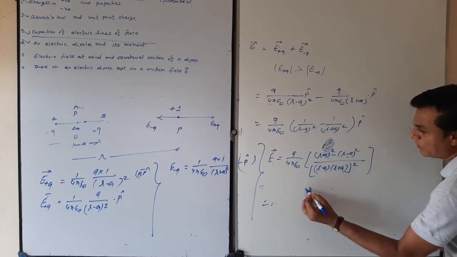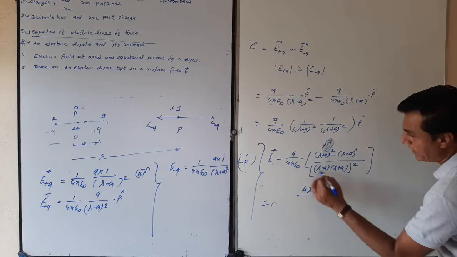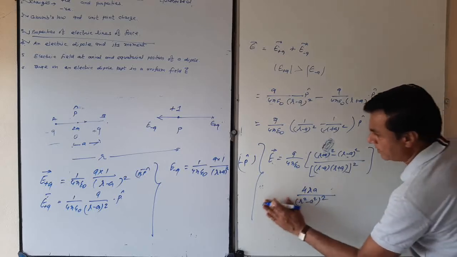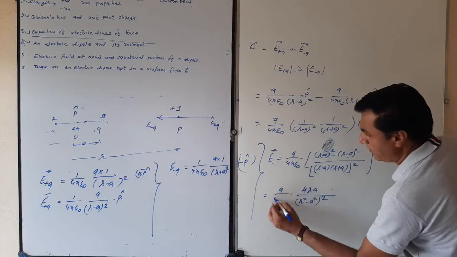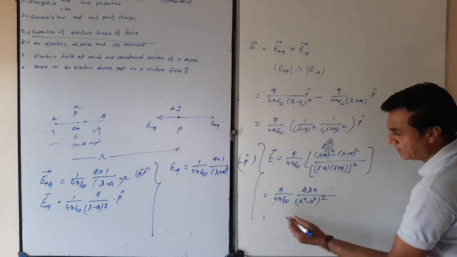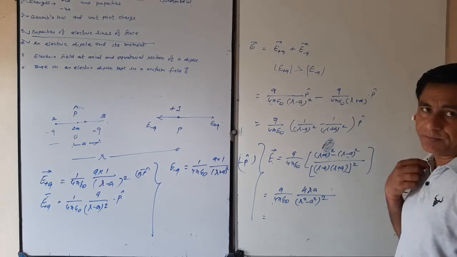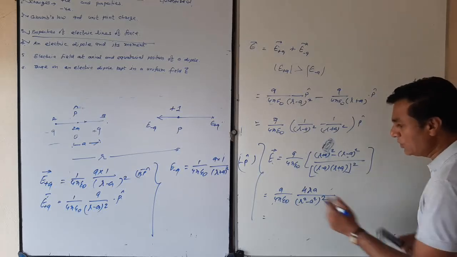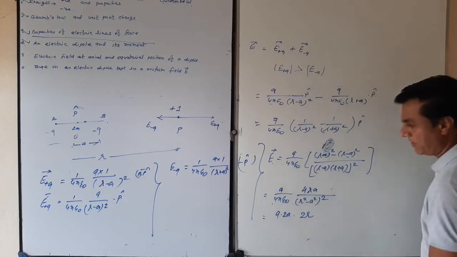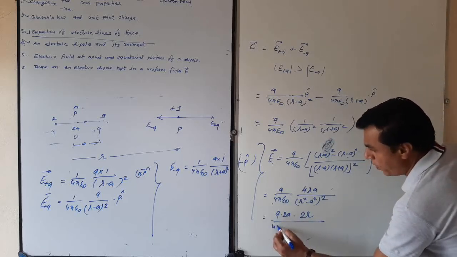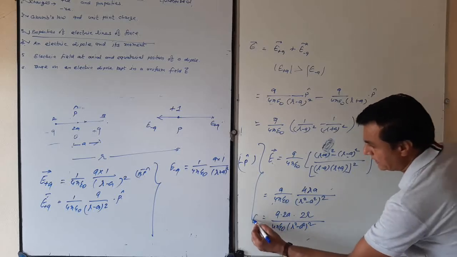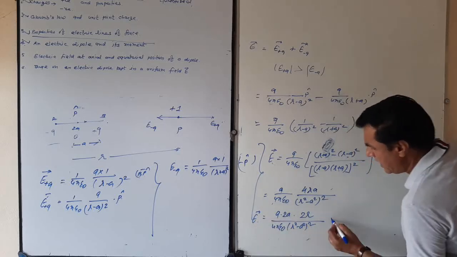Only 2R, 4R. Yes, multiplied by (R square minus A square) whole square. It is Q upon 4 pi epsilon 0. Now, if you write it in terms of moment, Q dot 2A. So Q2A, now only 2R remain. 1 upon 4 pi epsilon 0 (R square minus A square) whole square, it is the electric field intensity along P cap.